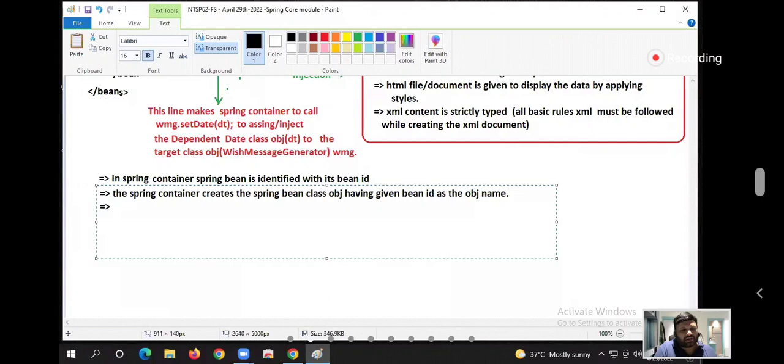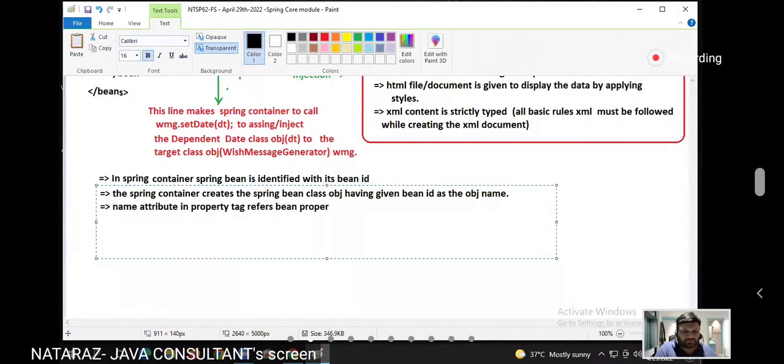The name attribute in the property tag refers to the bean property name.